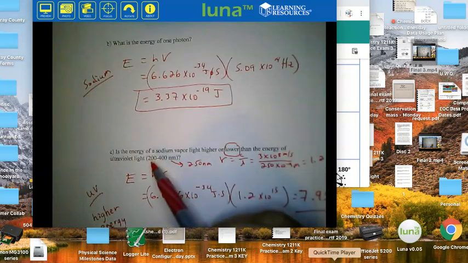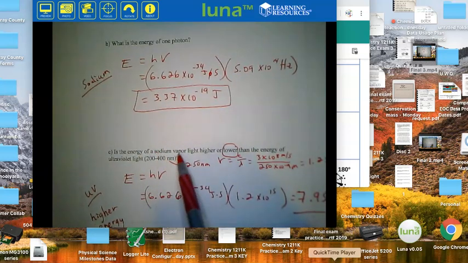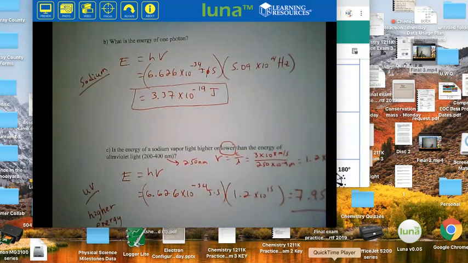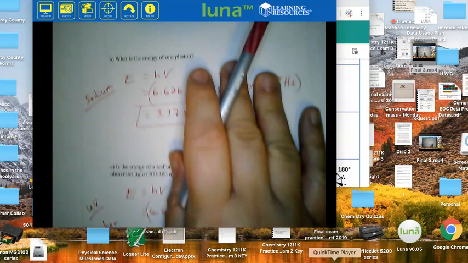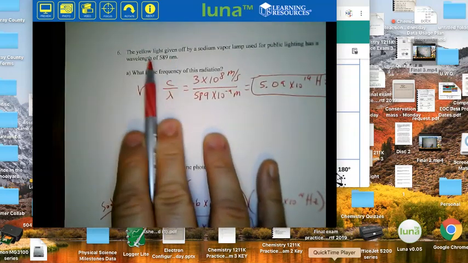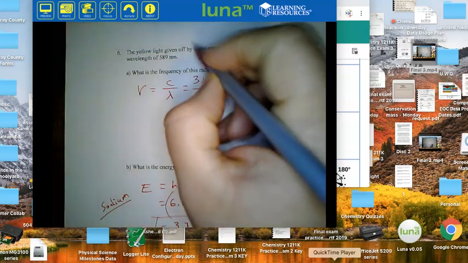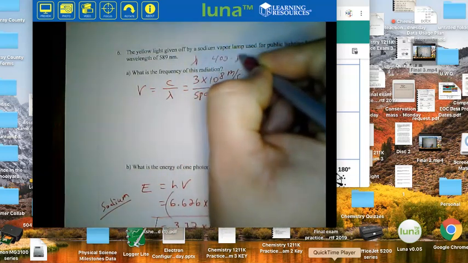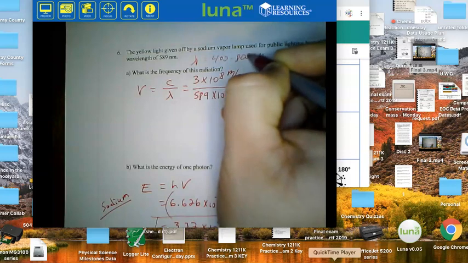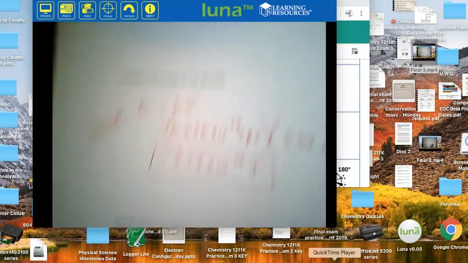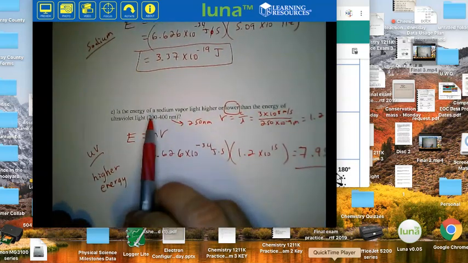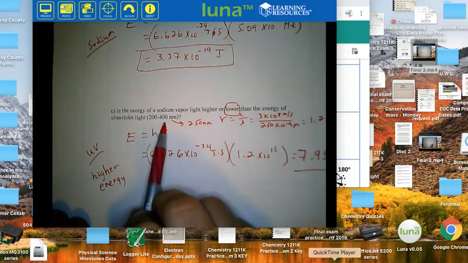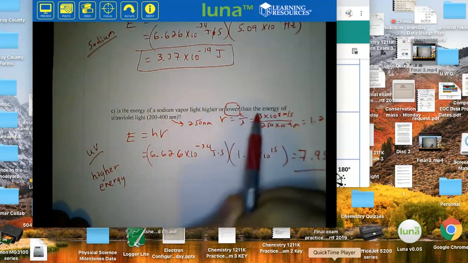So part C here is asking, is the energy of a sodium vapor light higher or lower than the energy of ultraviolet light? So you probably should know that it gives off a yellow light, so it's in the visible region. We know that anything with a wavelength from 400 to 800 nanometers is in the visible spectrum, and so we should be able to see it, versus UV light, which is in the 200 to 400 nanometer range. We know that has higher energy, and so a sodium vapor light should be lower in energy than ultraviolet